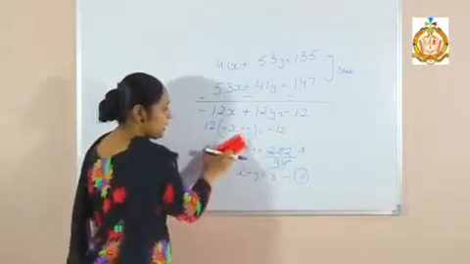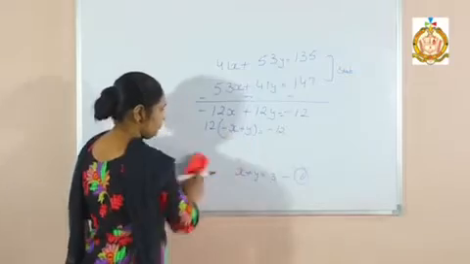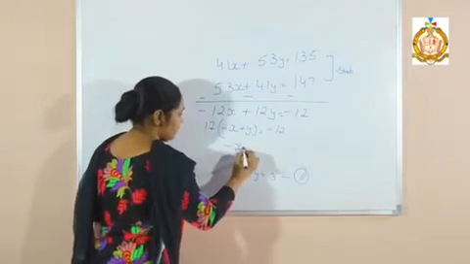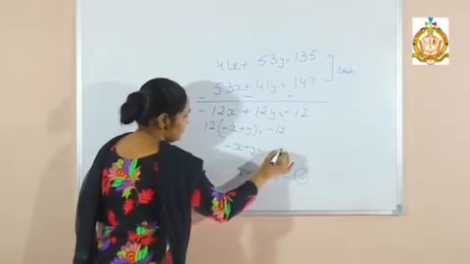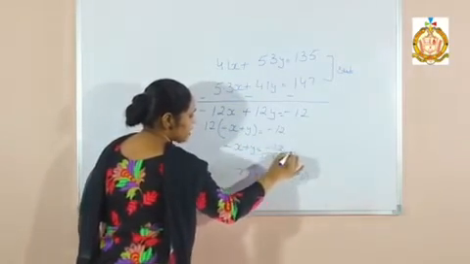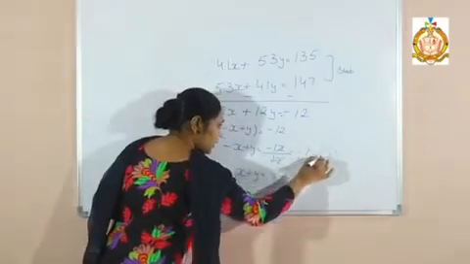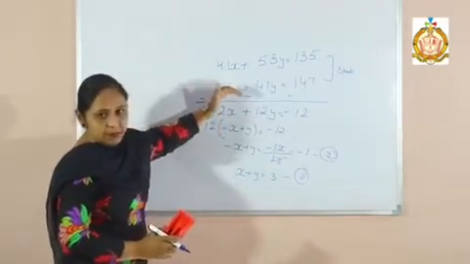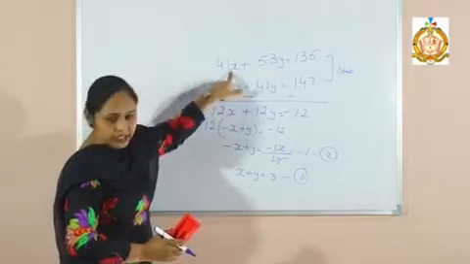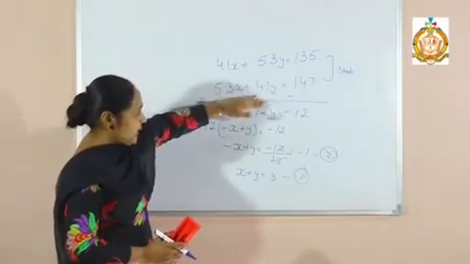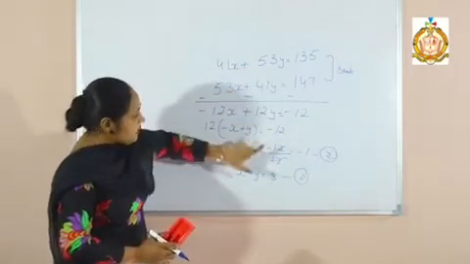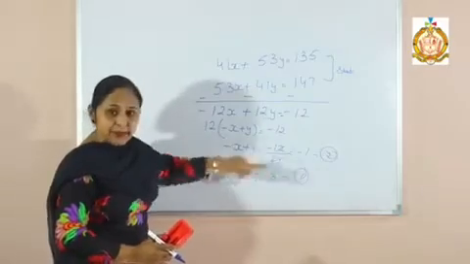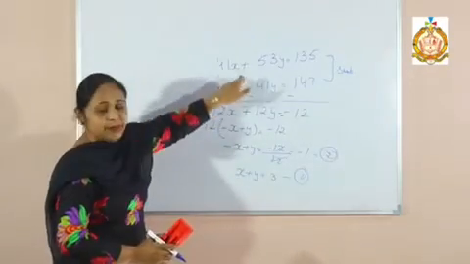This 12 goes to that side and divides. If I cancel, it becomes minus 1. Now it is my second simple statement. That means no need to multiply these numbers. If the coefficients are interchanged, then first we add, then we subtract. Those are the statements for me. The original ones are not the statements for me.